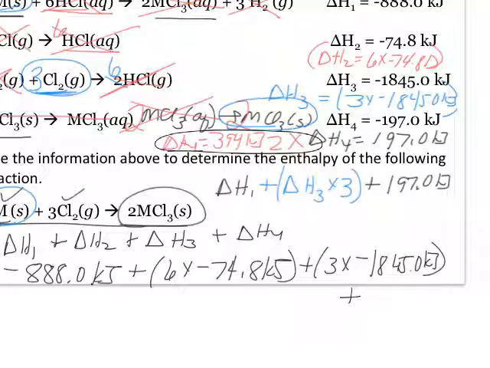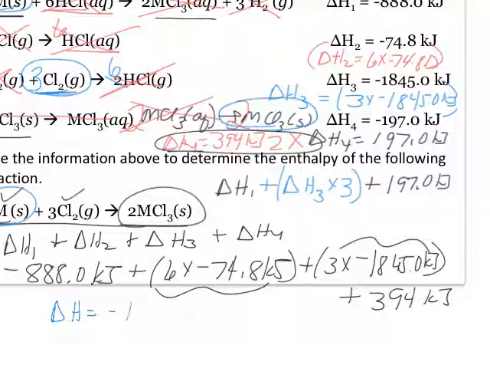We switched the product to reactant, and we had to multiply 2 through it, so that ended up being 394 kilojoules. And then you multiply this by 6, multiply this by 3, add these up in your calculator, and your answer should be delta H equals negative 1,400